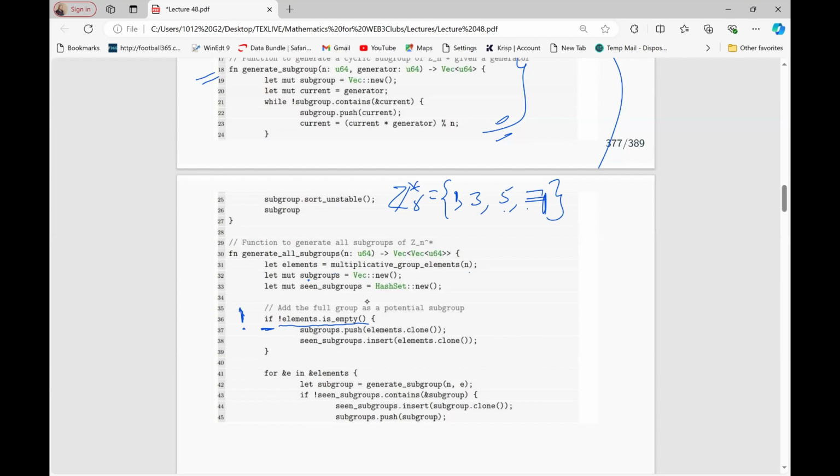If the elements is not empty, this one's the one that is making me say not empty. Why is that elements? The elements we are referring to is here. Are you getting what I'm reading? This is the elements we are reading. So it says, if the elements is not empty,